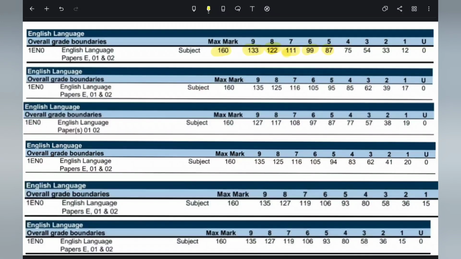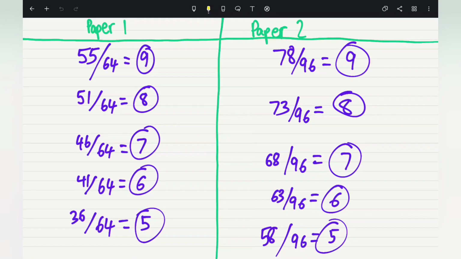So what I've done is I've gone through all the past exam papers, and have looked at the exam grade boundaries for Edexcel, and worked out a rough prediction. Again, this is a prediction for the GCSE English language for Edexcel, as some of my subscribers have asked and requested for this to be done. So I've calculated how many marks you would need for your target grade. So if I switch over to the next page, Edexcel paper 1 is out of 64.